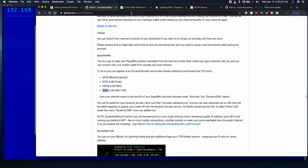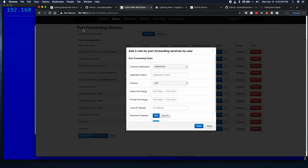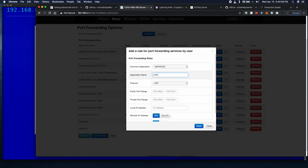So the last port is 8080. Let's add a rule. So like I said, somewhere in your router web administration, you'll see a section for port forwarding. So that's what you want to find. What was this one called again? LND REST API. So LND REST API. Like I said, they're all TCP. Put in the port